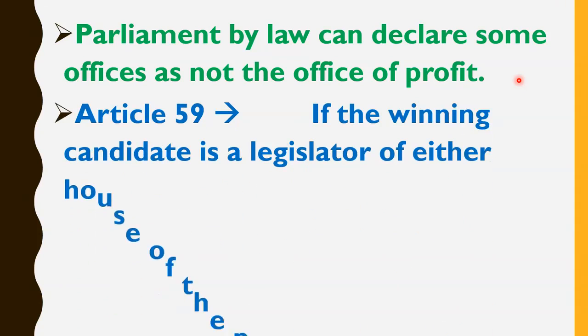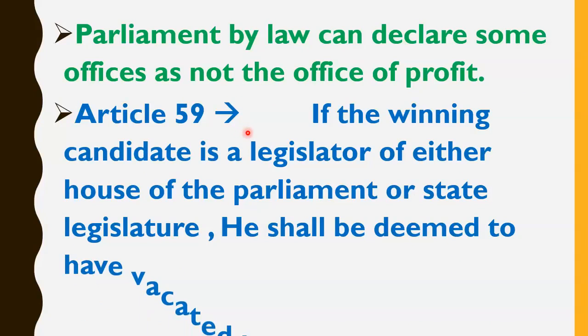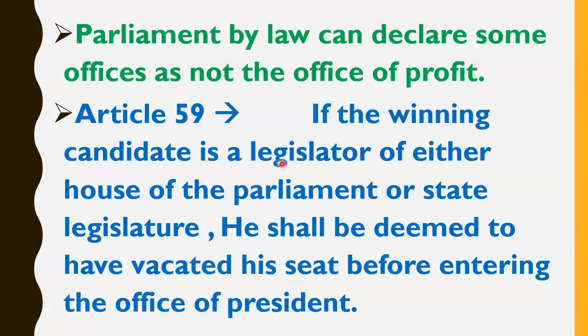Now friends, then comes Article 59. So Article 59 says that if the winning candidate is a legislator of either house of the parliament or state legislature, he shall be deemed to have vacated his seat before entering the office of president. Now what does it mean? So suppose friends, if there is a person and this person has been elected as the president of India. Now suppose when he was not the president, means when he was contesting for president, he was the legislator of either house of the parliament. Means either he was the member of Lok Sabha or he was the member of Rajya Sabha, or he was the member of any